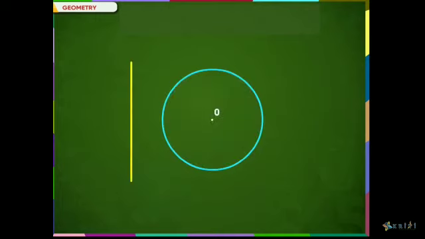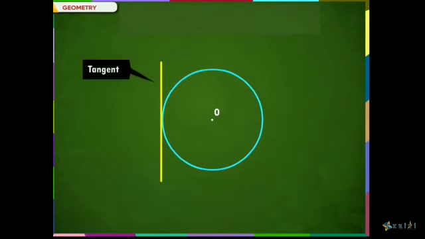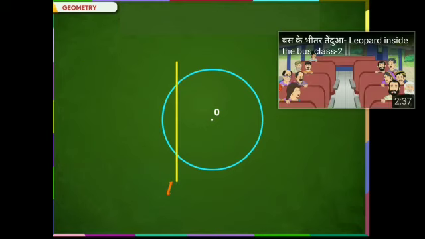Let us consider a line outside a circle. Now, when we move this line slowly toward the circle, and stop here, we see that the line touches the circle at just one point. In such a situation, this line is called the tangent to the circle. If we name the circle and line like this, we say that the line L is tangent to the circle with center O. Now, let us move the line further toward the right and stop here. We see